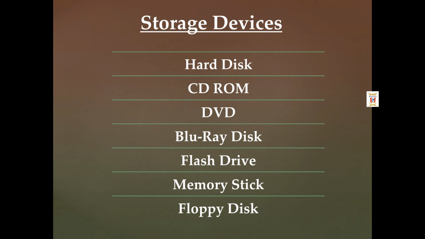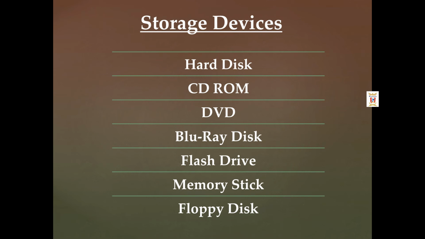Like in CDs and DVDs, they are very prone to have fingerprints or scratches on them, but a Blu-ray disc is robust. Next is the flash drive, which is also known as a pen drive. It is a small and portable flash memory storage disk mainly used to transfer audio, video and data files.